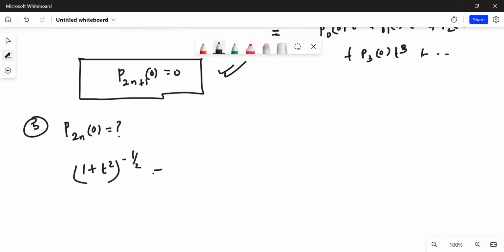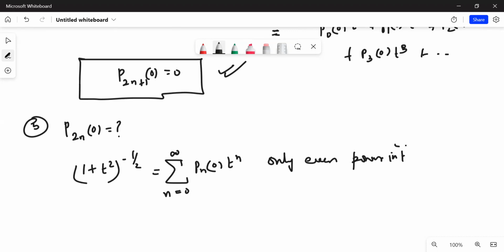So 1 plus t square to the power minus 1 by 2 is equivalent to writing summation n equal to 0 to infinity Pn 0 t की power n. So you can see that only even powers in t exist on LHS. On LHS. Is that clear? यस सर। ओके।